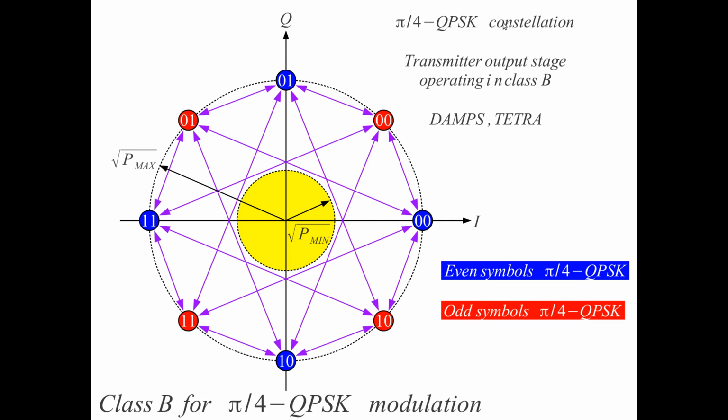Filtering the QPSK symbols, the envelope of the output signal is no longer constant. The envelope changes, and any kind of amplifier can therefore generate intermodulation distortion with filtered QPSK. This intermodulation distortion makes the sidebands regrow, the unwanted sidebands that are causing interference to other users. So the trick here is to filter QPSK in such a way that we are not going to use